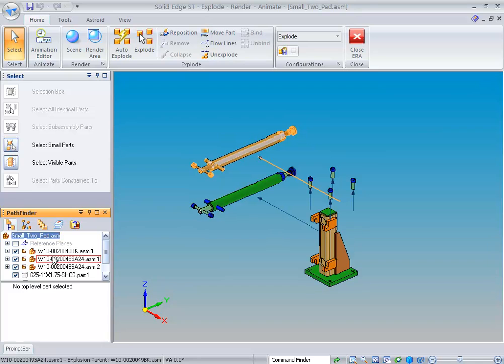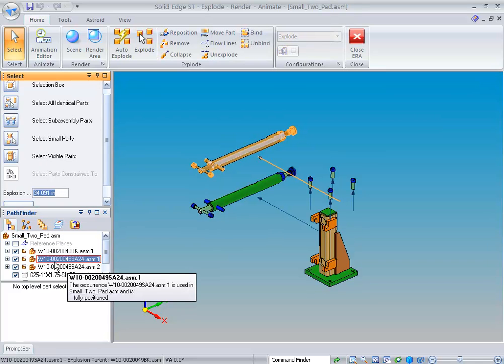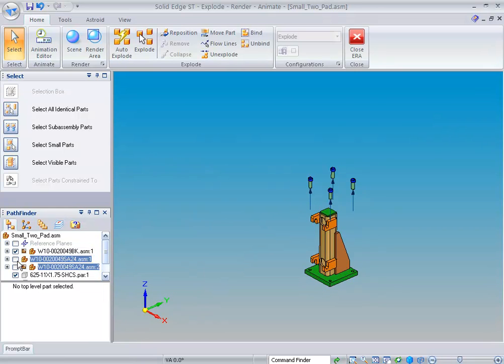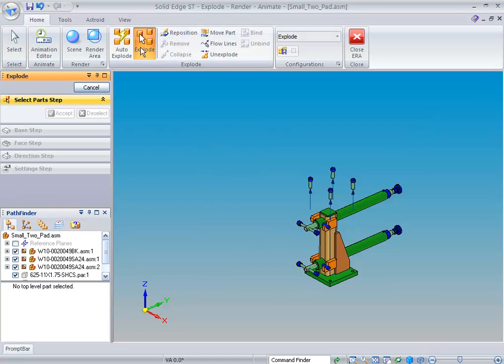But what I want to be able to do is create my own. So I just want to select these two. I want to remove those from our exploded view. I want to create a new one. But we can also go in and show how you can bind subassemblies so you can move them all at the same time. And then I want to show you a manual explode process where we go through and